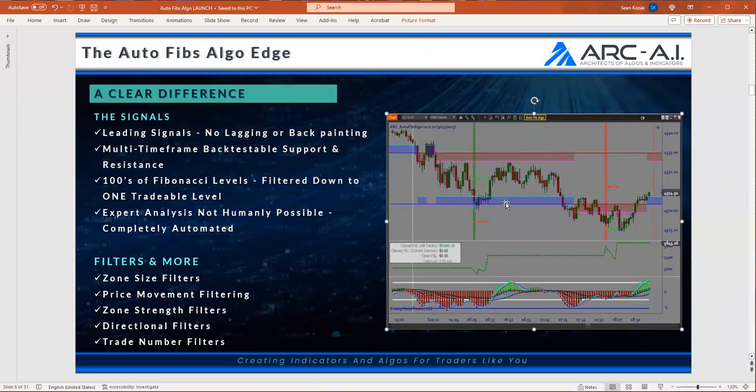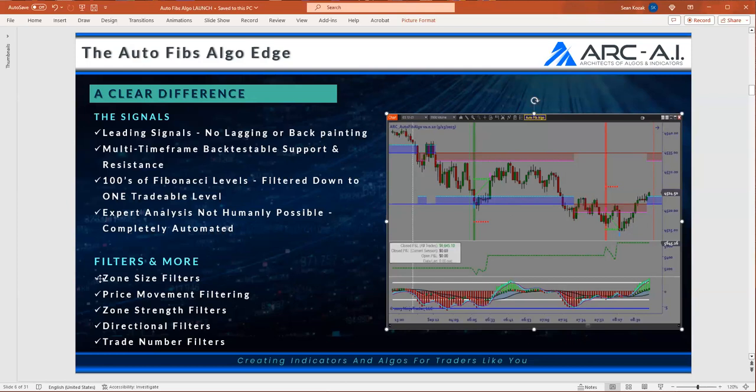And then, just simply put, you can't do this physically. It's like order flow. Order flow cannot be done physically. It has to be used by some form of an engine or an algo or a piece of software. This cannot be done physically. Yes, you can trade Fibonacci's on a retracement. You could put that on your chart, but you could never do this as an individual. I couldn't. No, it's not possible. It has to be leveraged by a computer.